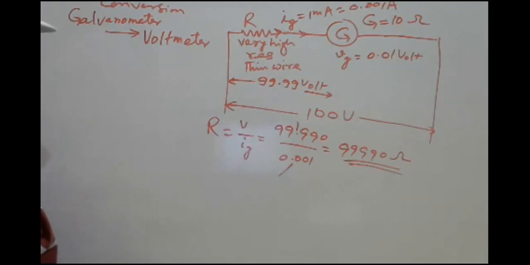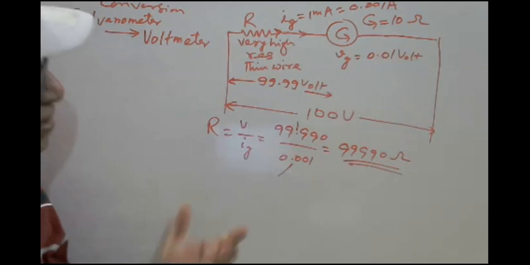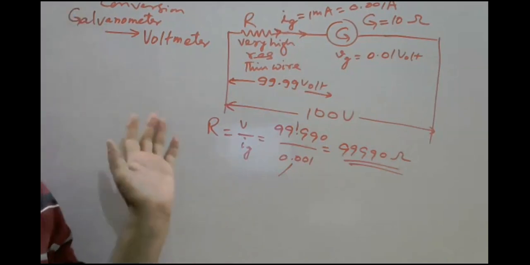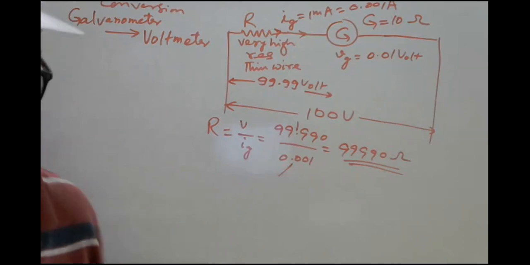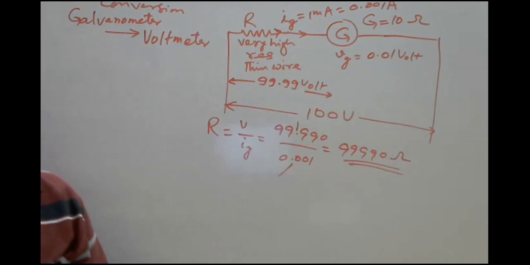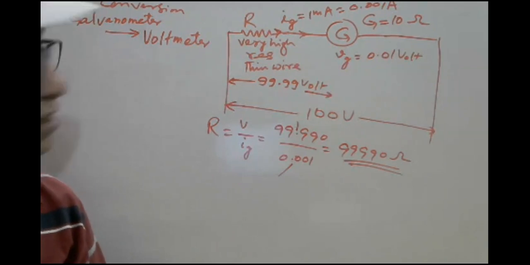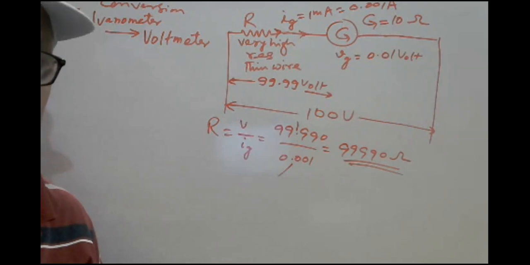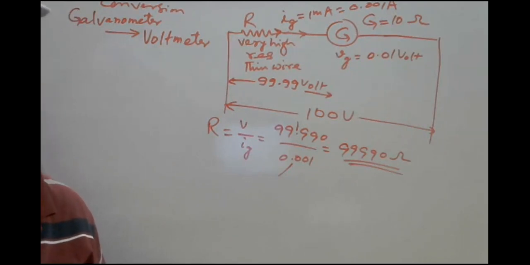Any doubt? We'll solve many numericals here, different numericals, twisted numericals, but the basic criterion for the conversion of a galvanometer into an ammeter and voltmeter will be the same. So this is the concept here. I have given you the idea by taking a simple numerical, because this concept remains the same for all the numericals. Okay, any doubt? Yes, please, any doubt?